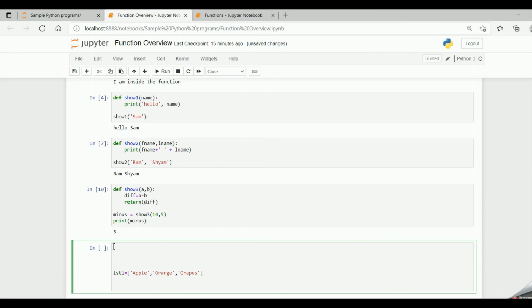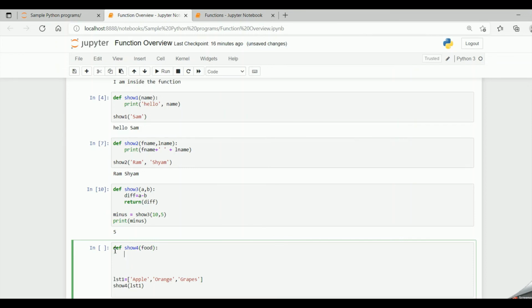So here, let me name my function as show4, and I'll pass lst1 as the parameter. In my function definition show4, I'll accept the list as food and then a colon.